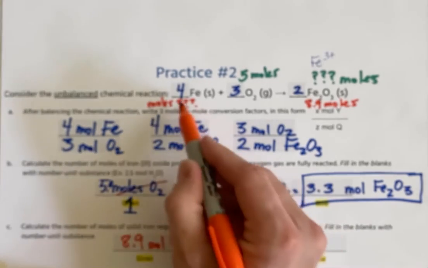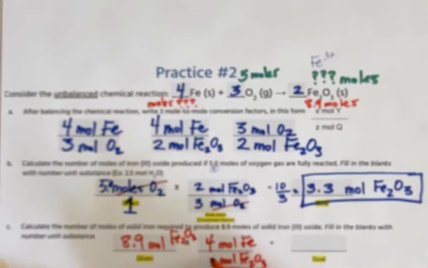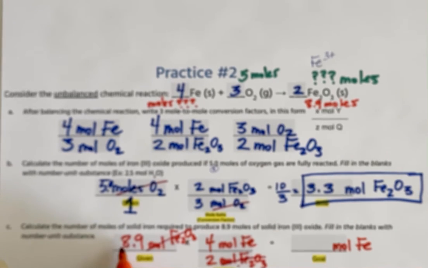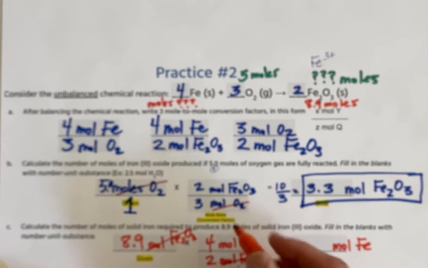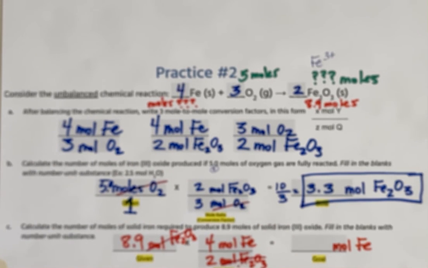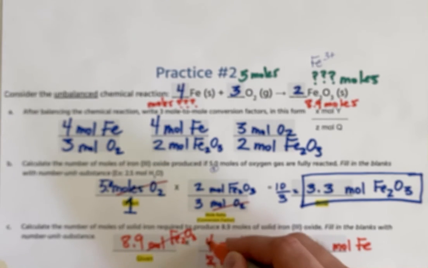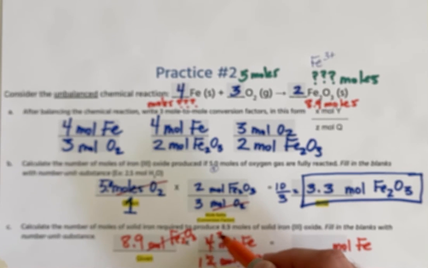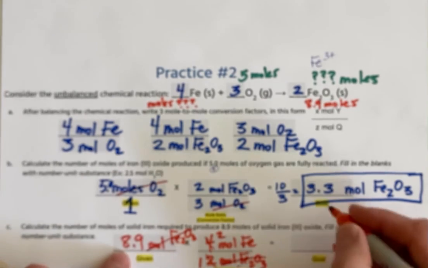And what's the mole to mole ratio? 4 moles of iron is equal to 2 moles of iron 3 oxide. Now we can cancel moles of iron 3 oxide, moles of iron 3 oxide. The only units left here are moles of iron. So 8.9 times 4 would be, we could put that in a calculator, but before we do that, I'm just going to simplify here. 4 and 2, I'm just going to make that 2 and 1, right? So 4 and 2, I can simplify this ratio. 4 to 2 is the same ratio as 2 to 1. So we have 8.9 times 2, that would be